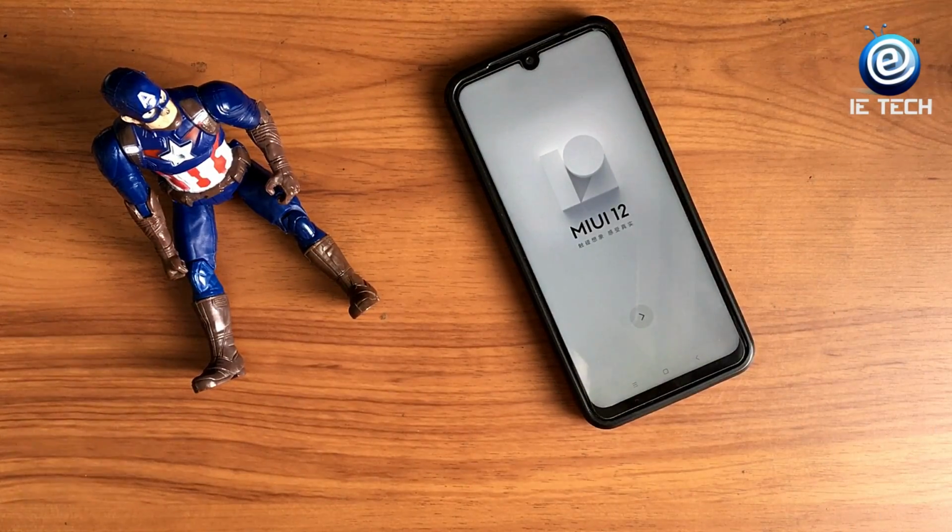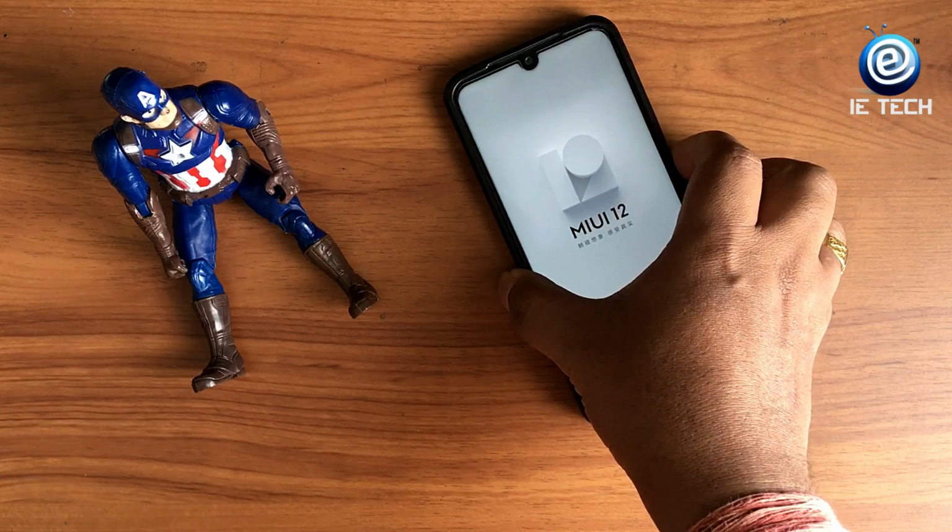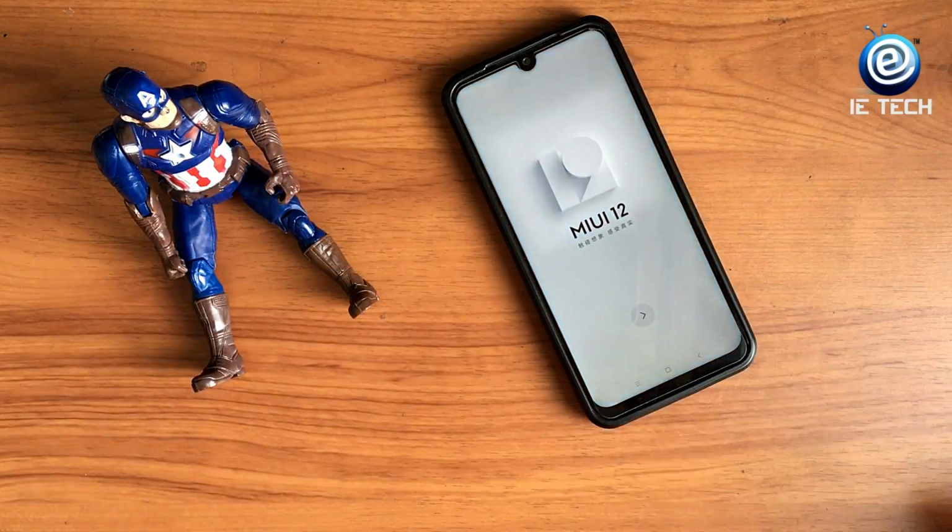As per the request of our subscribers, we have done a MIUI 12 installation on our phone, and we will be doing a full hands-on experience and review in this video. It is going to be a long video, so kindly bear with us. I will be taking it from the start, where we get this MIUI 12 screen. Obviously this is a China beta ROM,